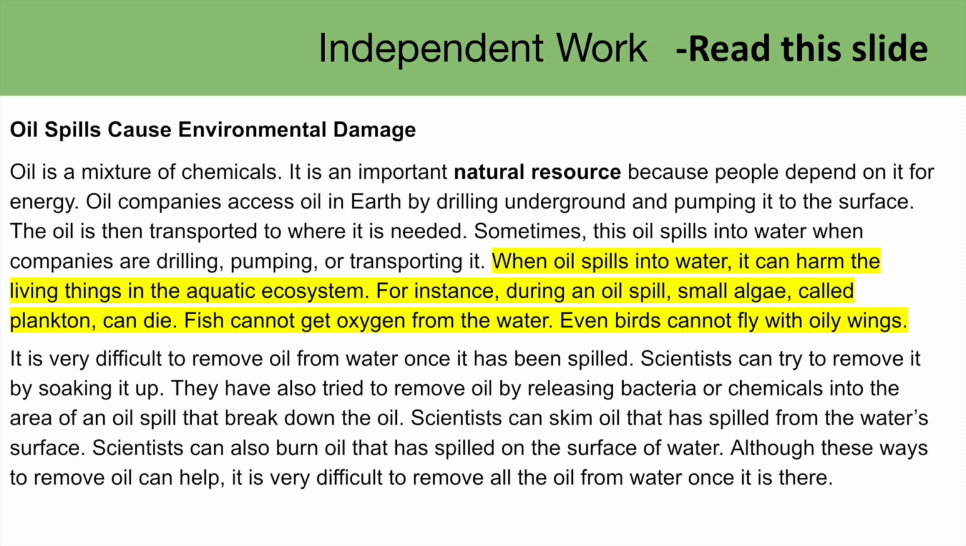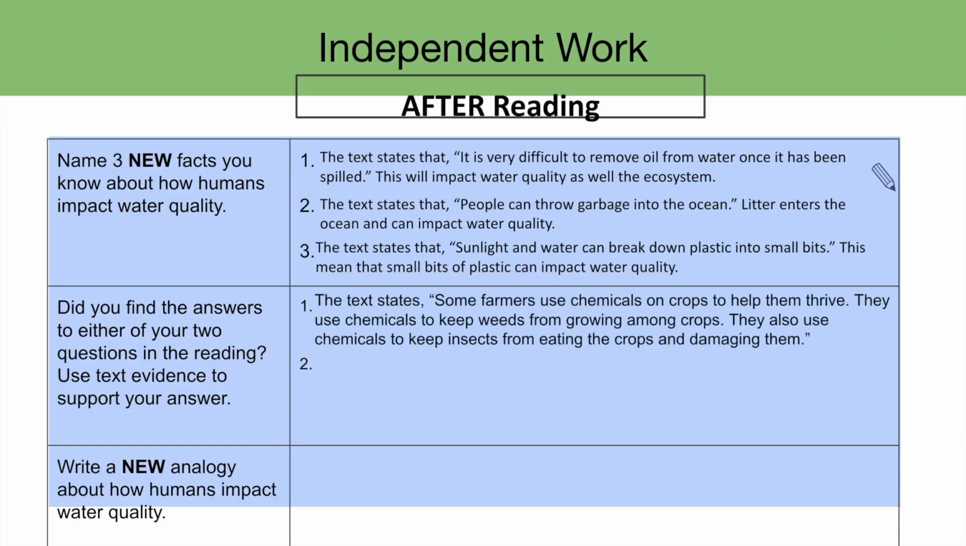I found text evidence on this slide. When oil spills into water, it can harm the living things in the aquatic system. For instance, during an oil spill, small algae called plankton can die. Fish cannot get oxygen from water. Even birds cannot fly with oily wings. So, the answer to my second question